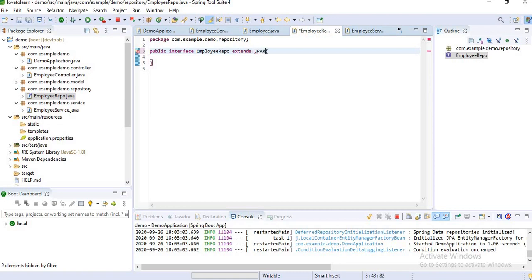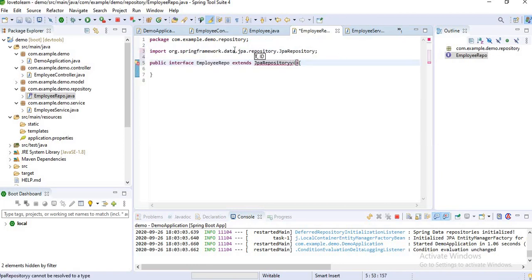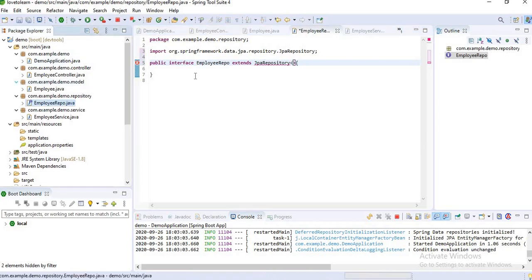I am using JPA repository here to handle our database operations, and here I want to give my model class name, which is employee.